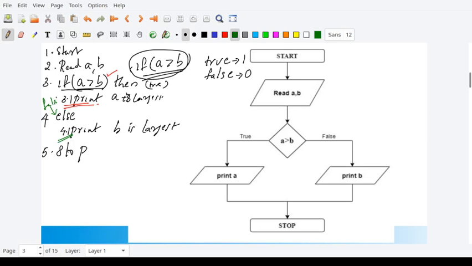So when you write the algorithm, when something comes under if, put a space before it, so that you can know that this statement is executed if the condition is true.